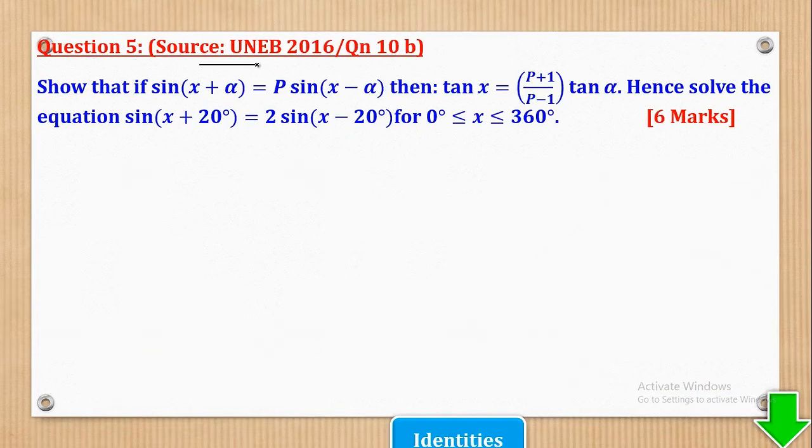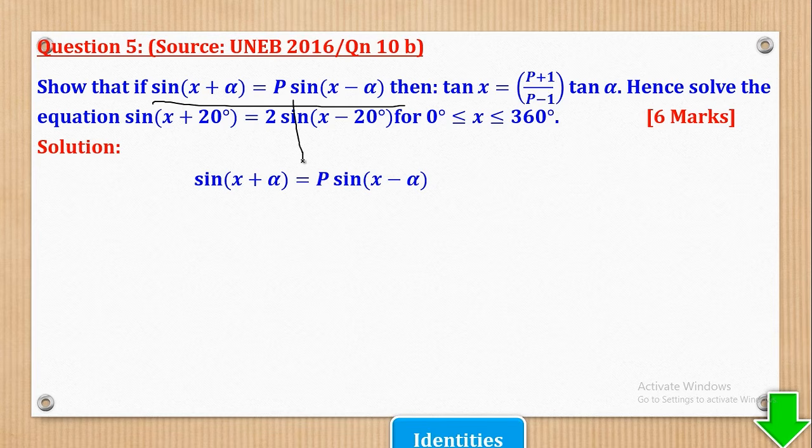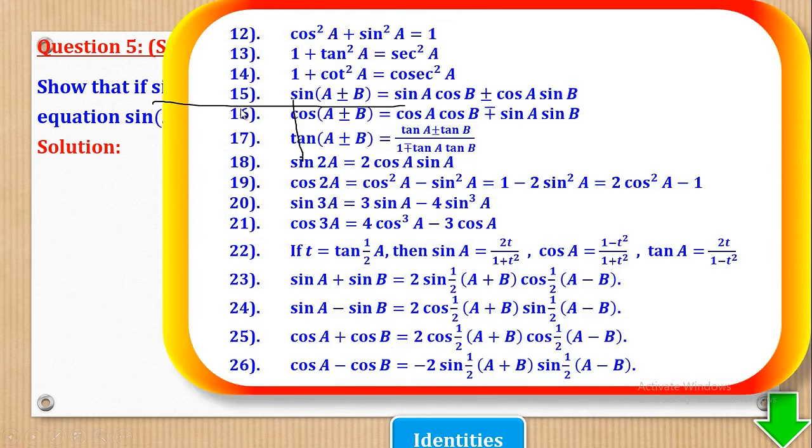Now we shall go to question 5, which came from UNEB 2016, paper 1, question 10b, and says, show that if this is that, then this is that, and hence solve this equation for values of x ranging from 0 to 360. So the first thing to do is to rewrite the given equation, which is that, and after that you shall remember that from the factor formula, sine A plus B